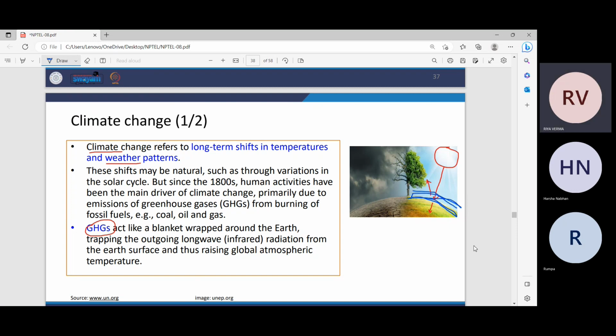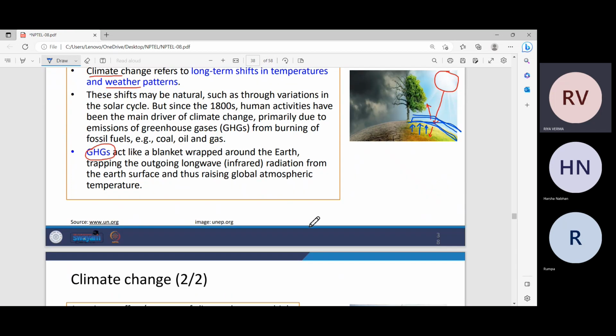So the heat that was going backwards will now get trapped inside. It can't go back to space. This leads to an increase in the global atmospheric temperature, and thus we can observe a change